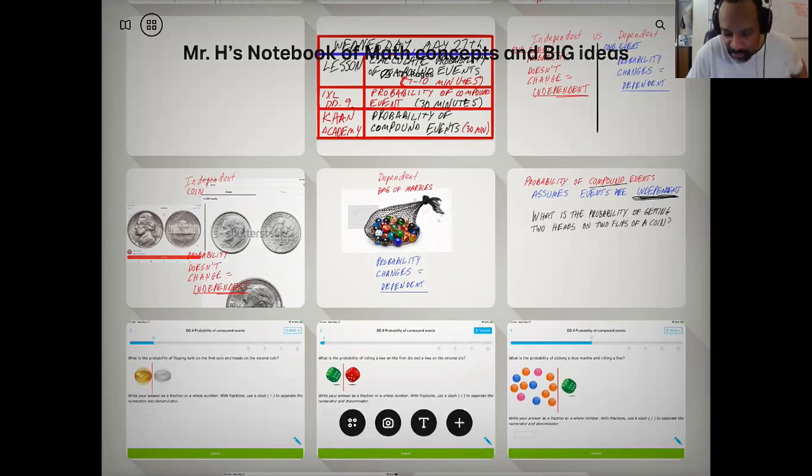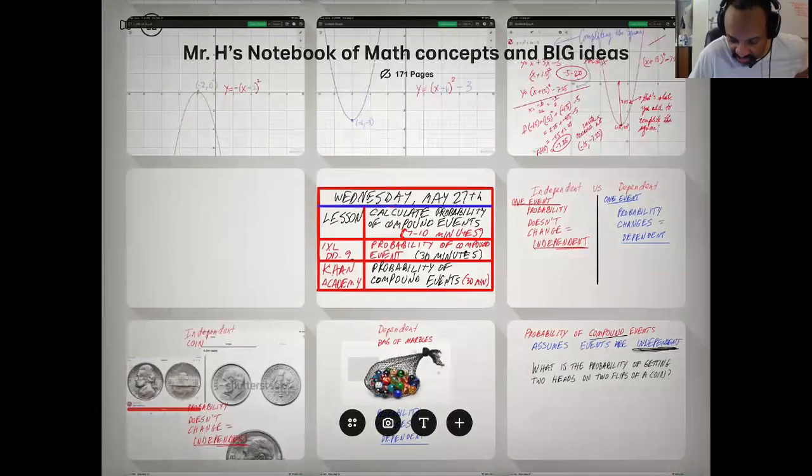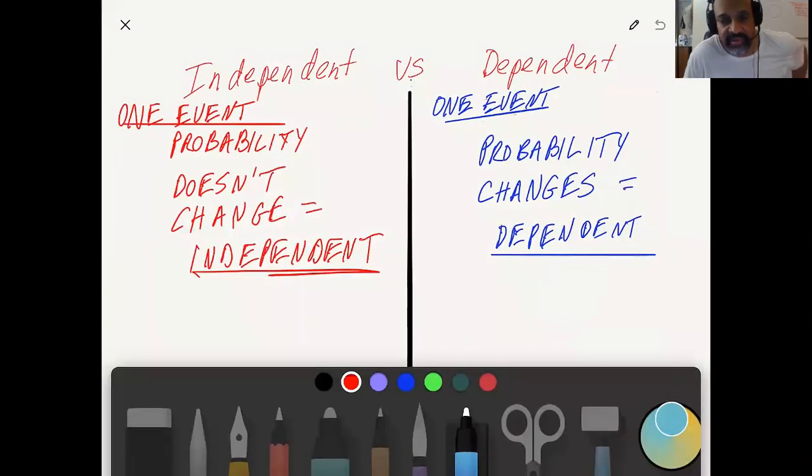I have hopefully a quick video that I wanted to do for finding the probability of compound events. I'm just going to jump into this. Hopefully you can see my iPad. Before we start with finding the probability of compound events, I need to define a couple of terms that are